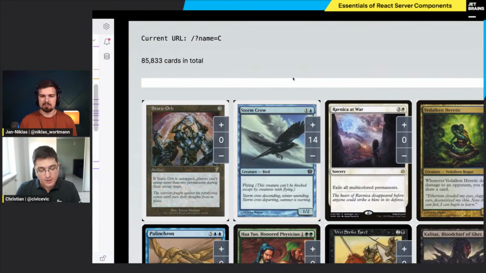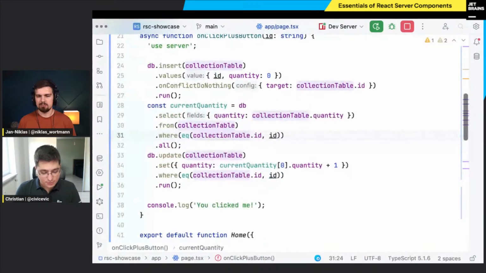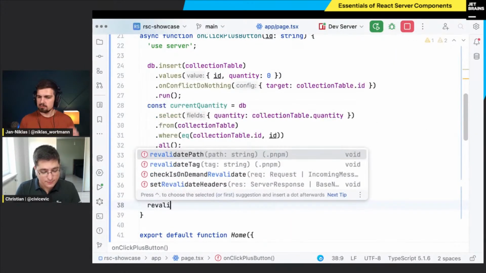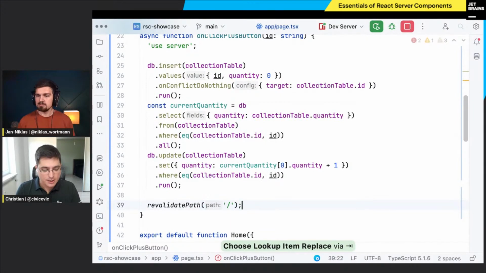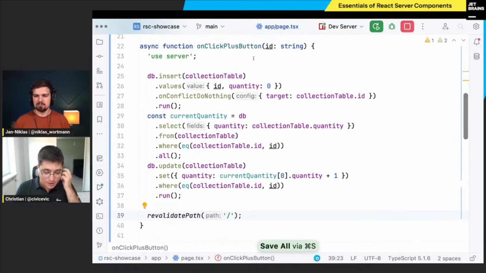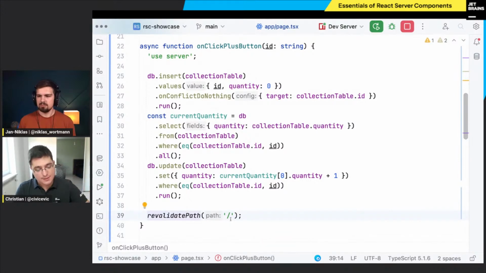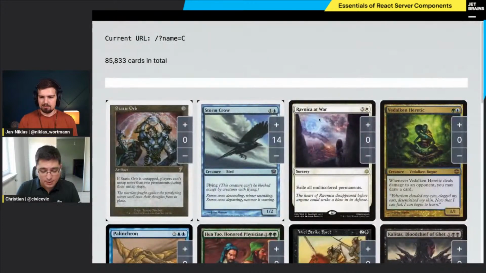So what Next provides here is a function called revalidatePath, which allows us to say, okay, after I've invoked this server action, I want this path to be re-rendered. And since my client that is currently on that path is issuing this request, it will automatically get the updated version. So fingers crossed, if I go back to the application here, and let's take Ravnica at war, even though war is very negative, let's click a bunch of times on plus, and we see with a bit of delay